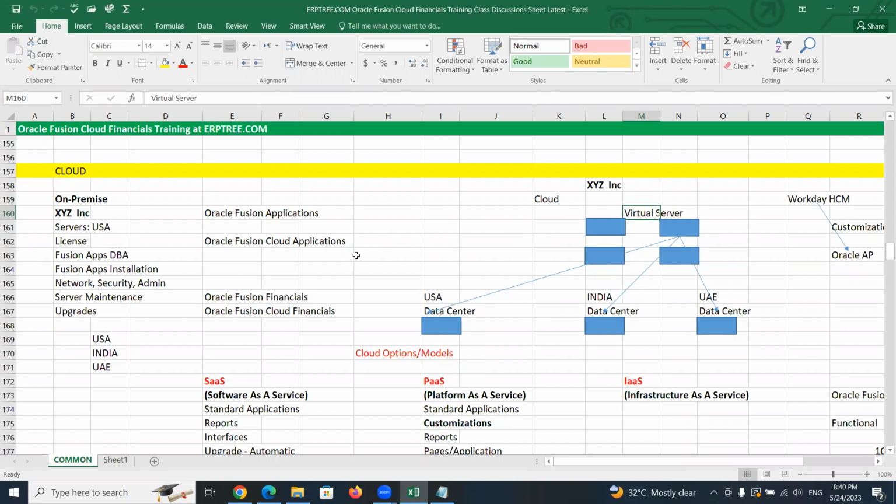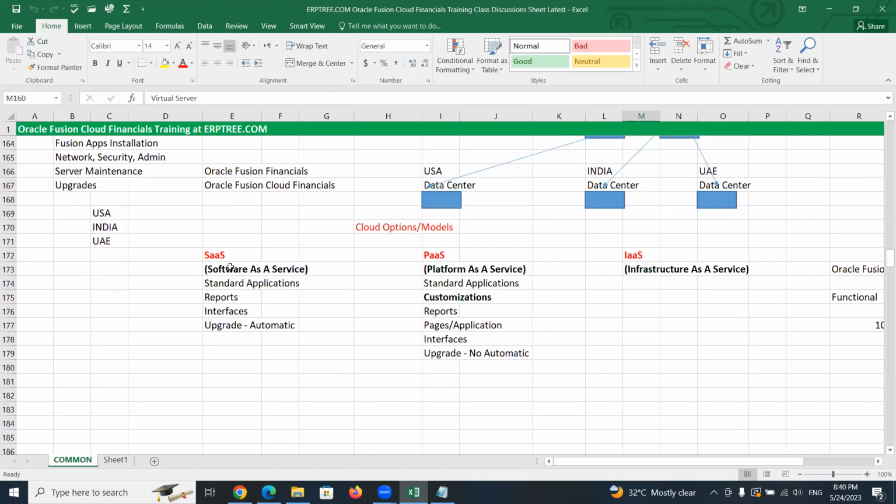If any company is going to use cloud applications, Oracle Fusion cloud applications, there are different options: SaaS, PaaS, IaaS. SaaS stands for software as a service, PaaS stands for platform as a service, IaaS stands for infrastructure as a service. In the case of SaaS, we cannot do all kinds of customizations. In the case of PaaS, yes, you can do any sort of customizations. That's the difference between SaaS and PaaS. The product remains the same. The same product we can see in SaaS and PaaS, only with PaaS you get additional privileges. That's all about SaaS and PaaS.